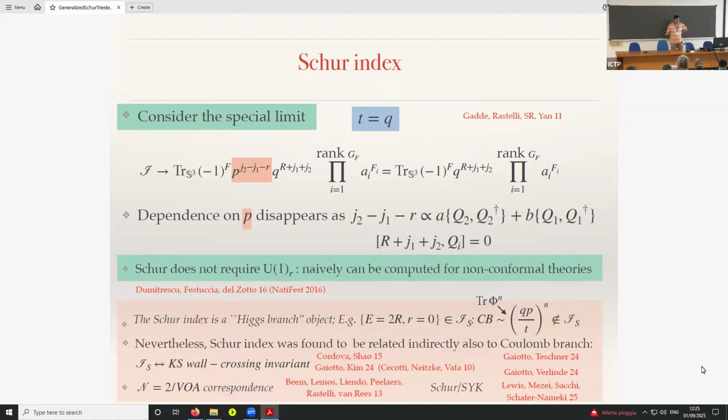And there is a prescription to obtain the same quantity in these two different ways. One, which is very Higgs-branchy, just counting operators, and these are the main guys which contribute in a sense, but then doing completely Coulomb branch